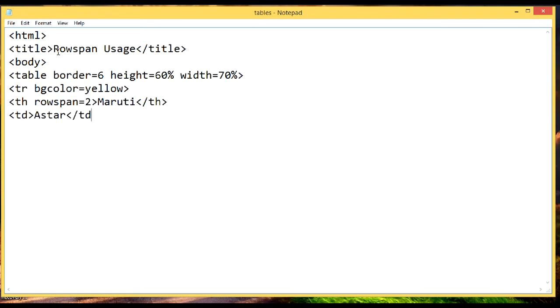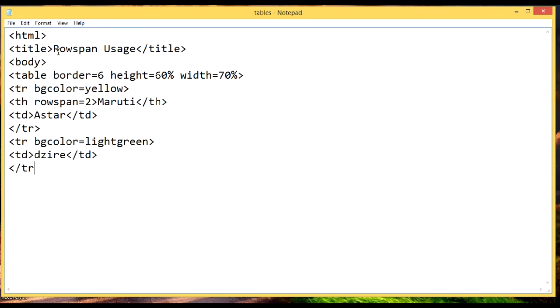After that I have used a th with rowspan equals 2. In this case, in the heading, I am using rowspan equals 2. That means it will span 2 rows. In this case it will merge 2 or more rows into one single row. In the previous case, it was merging 2 or more columns into one. So you can see that I have defined the bgcolor, after that the rowspan also I have given. Then I have given the td tag again and closed the first column.